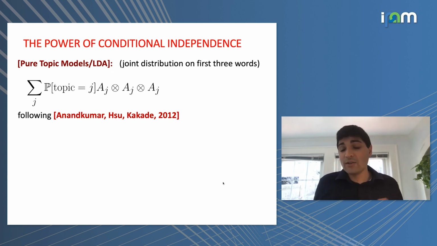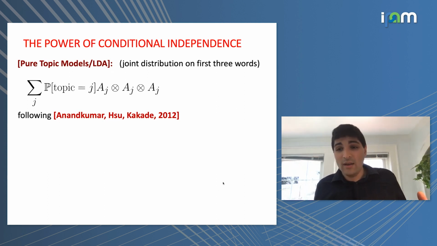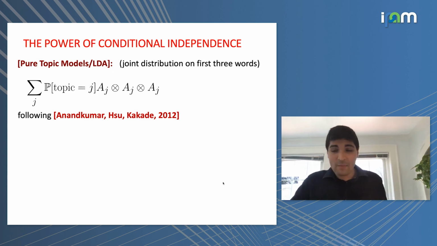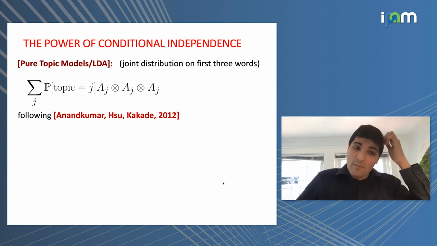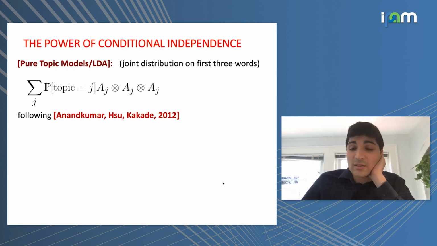So in these kinds of models, you can ask, when I give you a bunch of documents, which are samples from this model, can I learn the underlying topics that are important? And when you can do that, it paves the way for a lot of exploratory data analysis in different NLP applications and text analysis. But the same thing happens again, which is that you can write down a very simple third order tensor, which you can compute from data, whose low rank decomposition helps you learn the parameters of your model.